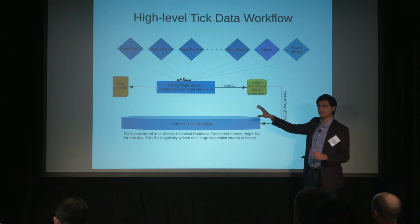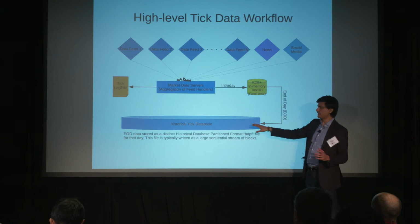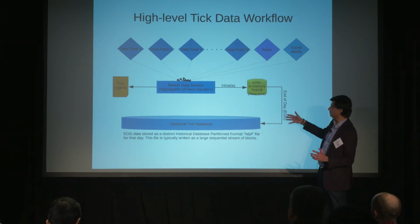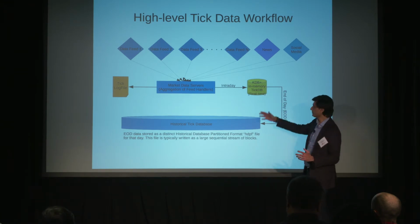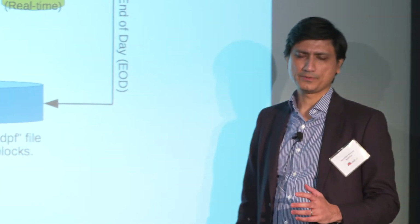From that real-time database, once the market closes, there is a historical tick database, which is generated at the end of the day. So as you can see here, this is all the intraday data, which is stored in memory. And then it flows into a historical tick database, which is stored on persistent storage on disk. And this is, as I mentioned, again, stored on very expensive mediums of storage today because it's very,